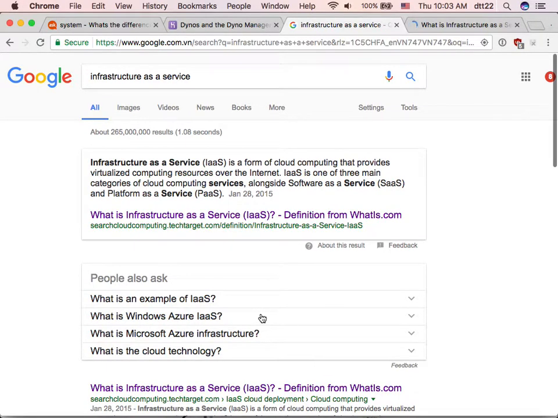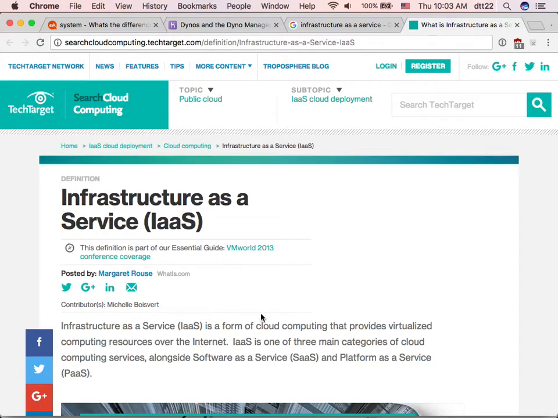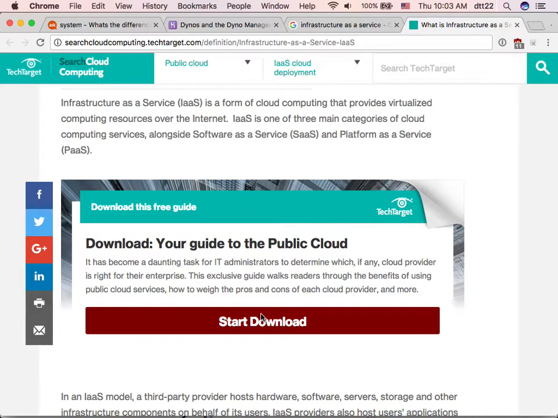Yeah, so it means you start out with an infrastructure, right? It means the hardware, software, it's like the scaffolding of things. And then on it, you can build a platform. So you can either get a platform as a service and then you put your software on it, or you get an infrastructure as a service and then you put your platform and then put your software on top of the platform.